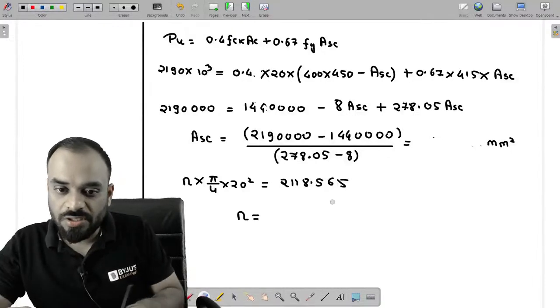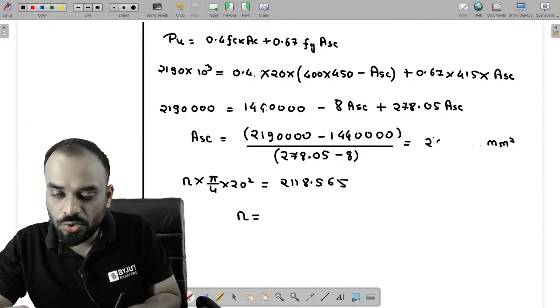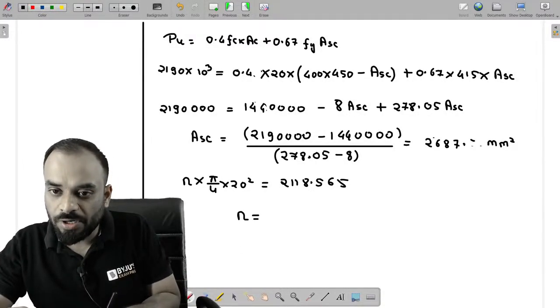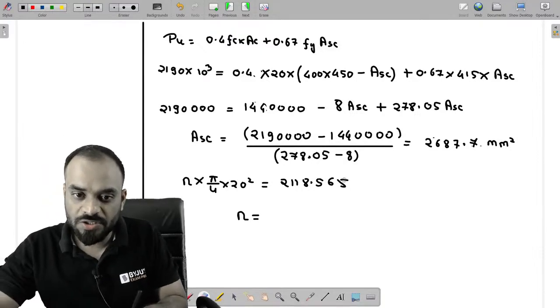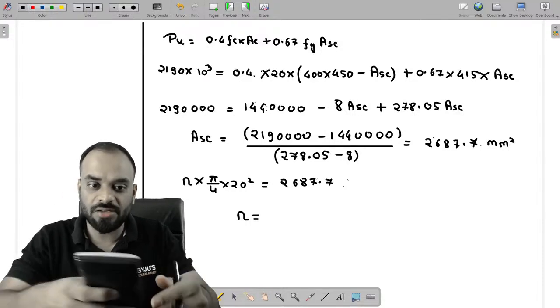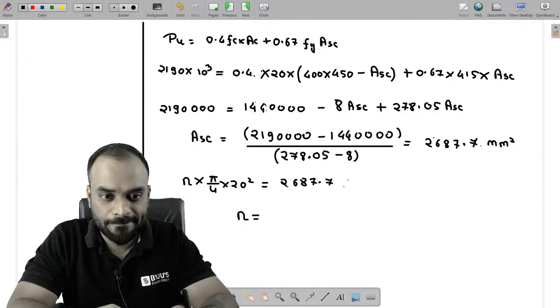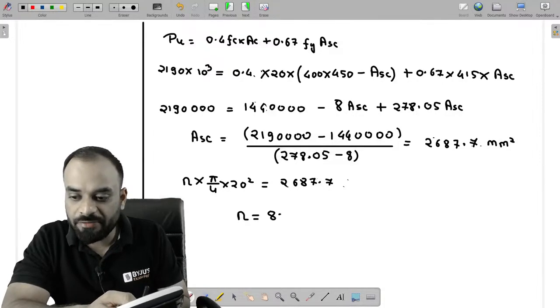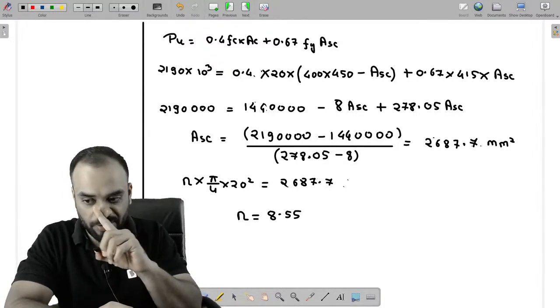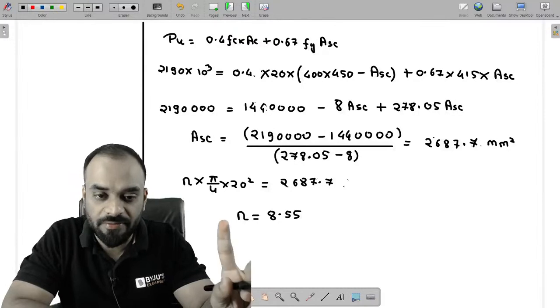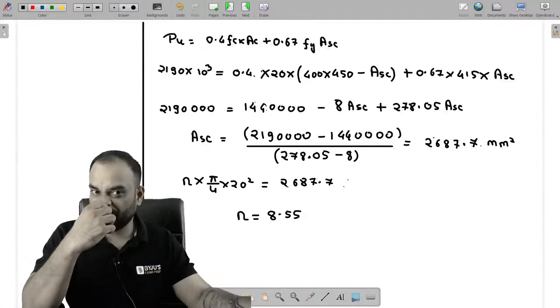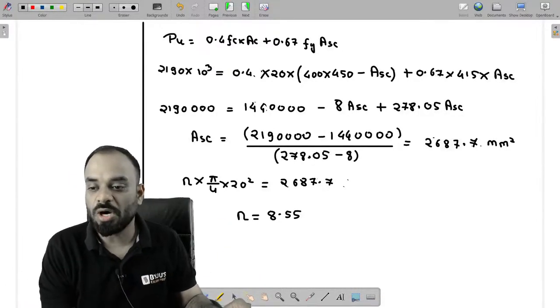So guys, this value is coming around 2687.7. Okay. Now put this value 2687.7 and calculate the value of number of bars. Now we are getting a value of 8.55. Now tell me, guys, if it is 8.55, then how many number of bars you have to provide